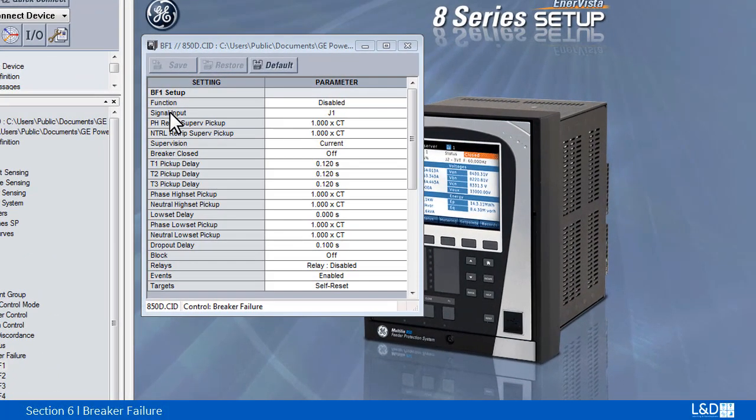The relay provides 1 or up to 4 breaker failure elements. The breaker failure scheme trips the backup protection breaker when the primary breaker fails to interrupt the fault current. When the function is set to retrip,